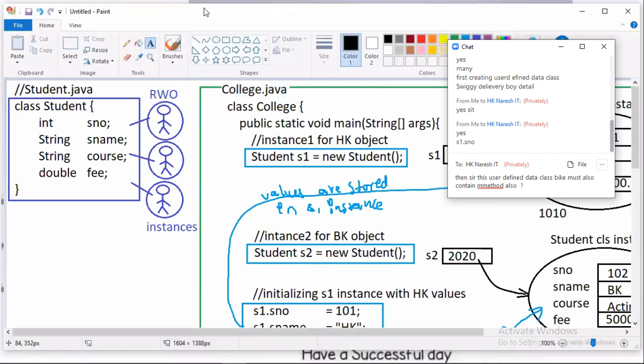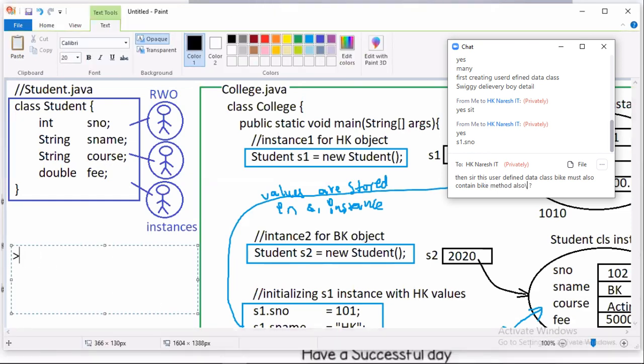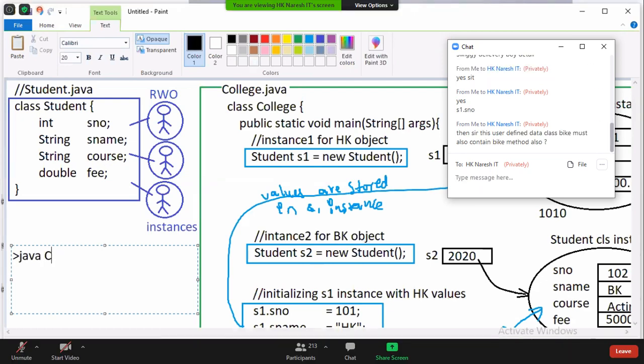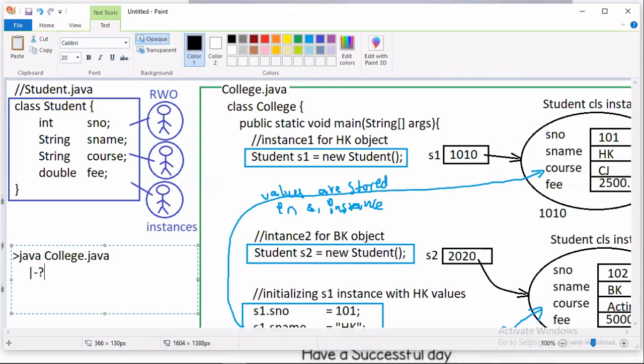Then, according to auto compilation, if I compile college.java, automatically 2 class files are created, right?